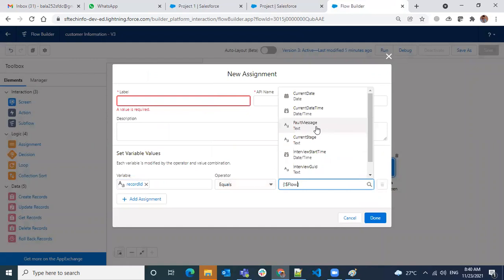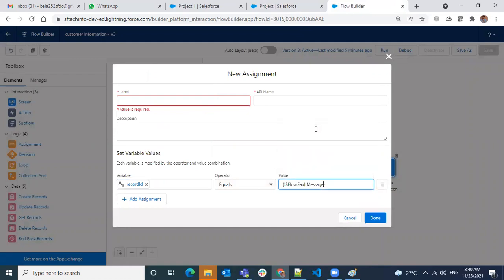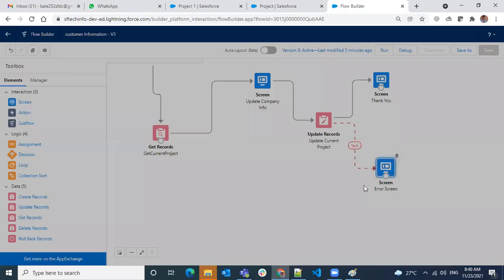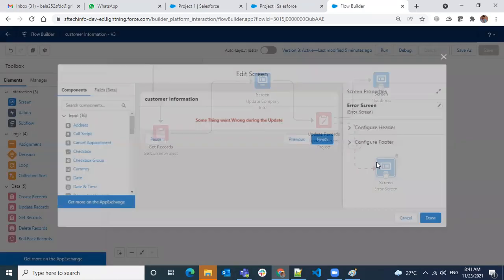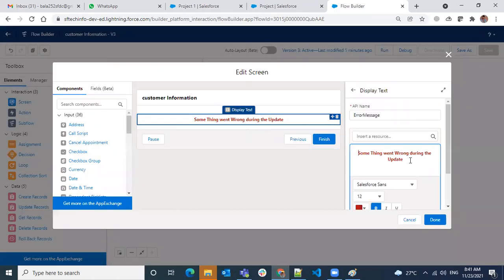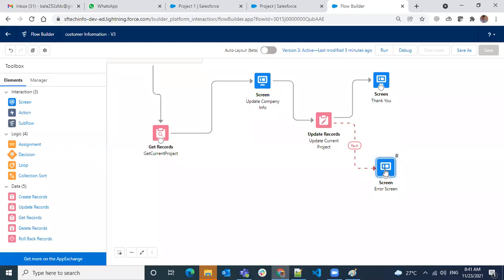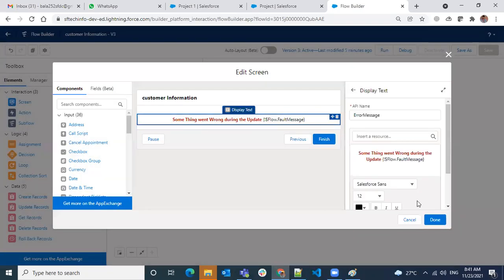Fault message. I'm trying to use this here. So I'm going to show this fault message as well.